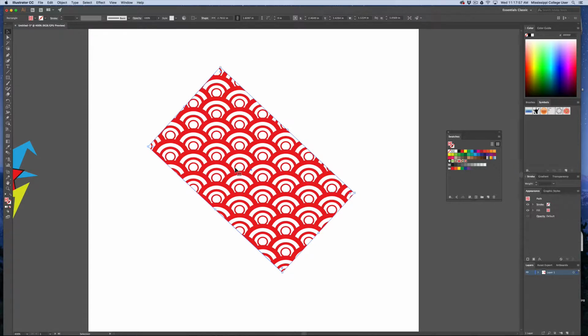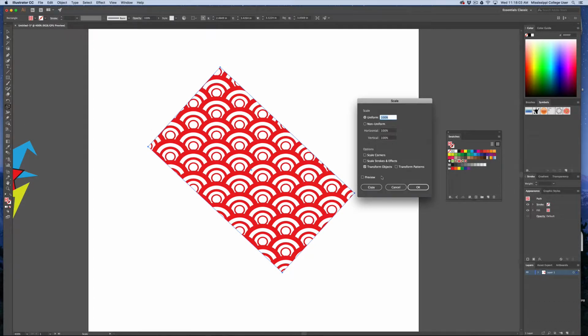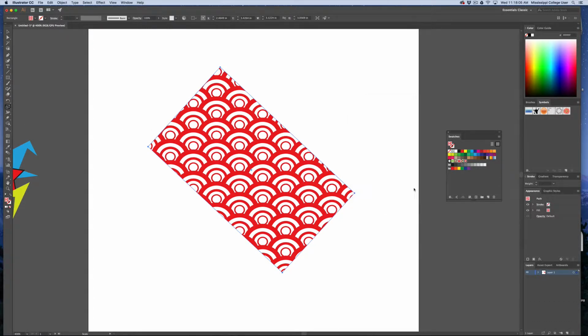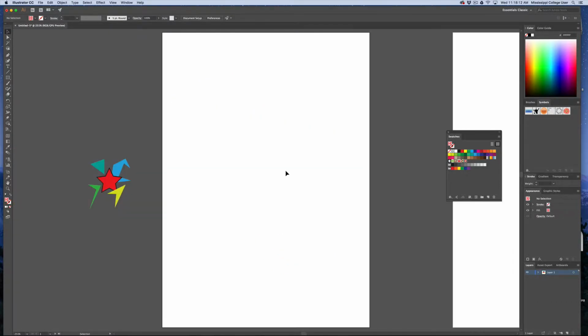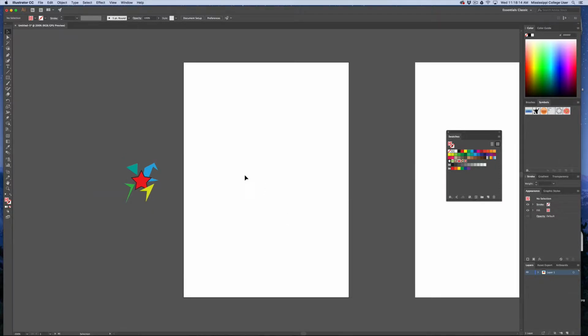So if this is what you want to be able to do, you either need to uncheck, or if I do need to rotate and change things, I may want to check on Transform Pattern, and this will allow me to retransform my pattern from here. So what I want you to do within this first artboard is to just play around and create some simple